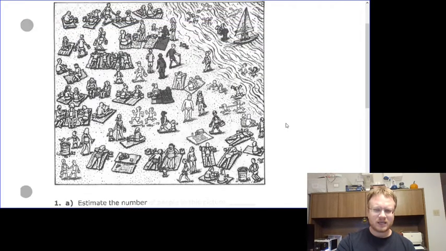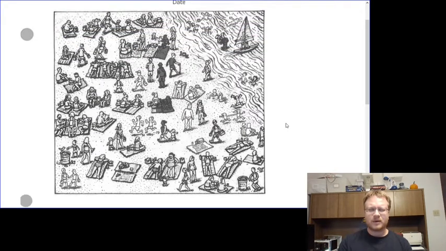The main concept behind estimating large numbers is that we're going to take our large area, slice it into chunks, and just count one chunk. So instead of having to count for the whole picture, we're going to slice this up into strips and see how many people are in each strip. So it's kind of going to be a conversion question again. We're going to know how many strips we have, we're going to know how many people we have in each strip, and we're going to multiply and find the total number of people.